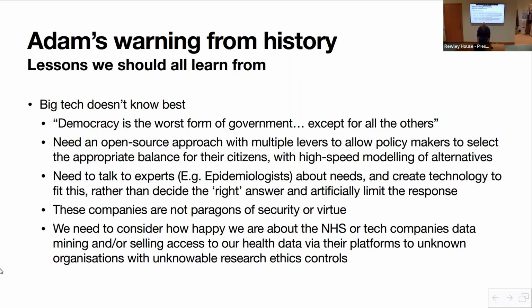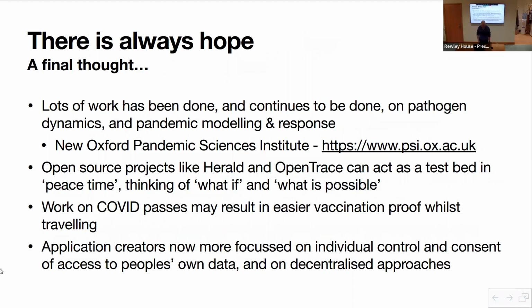So yeah, just be very careful about that. Now, as computer scientists, we're probably more familiar with the danger because we're very good at writing code and linking data together. We're probably more aware of the dangers than most other people, so we need to continue to warn them. But there's always hope.